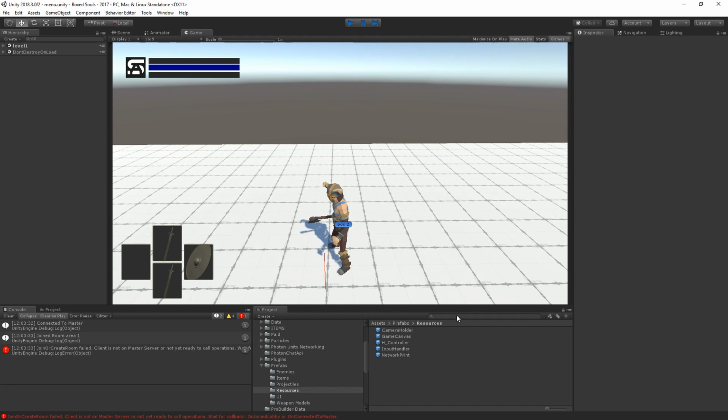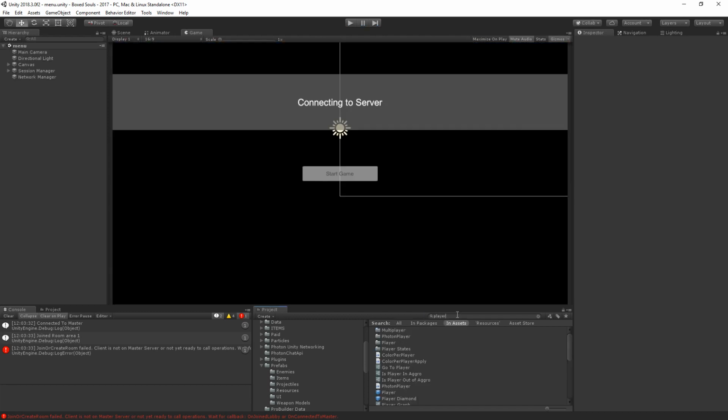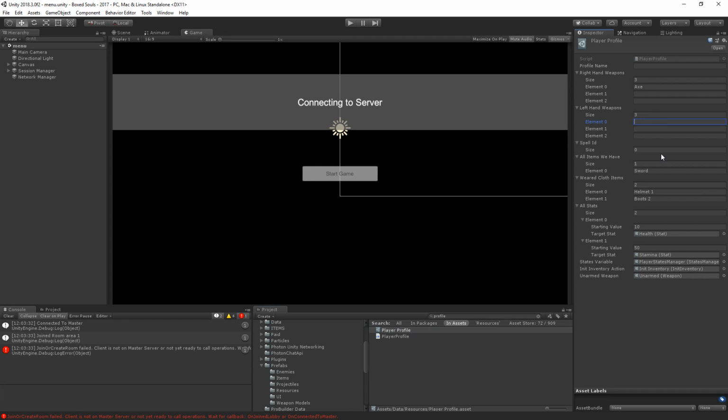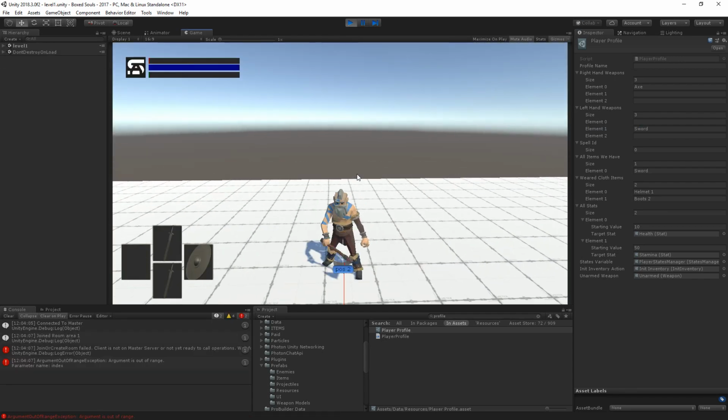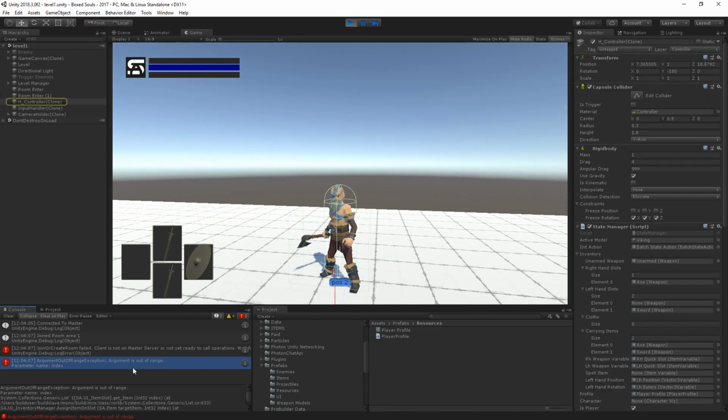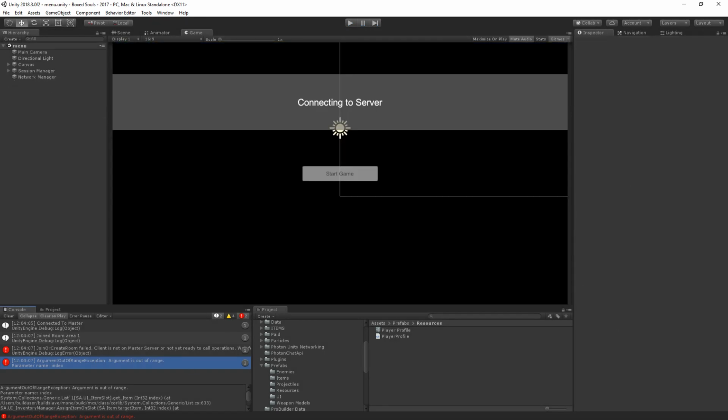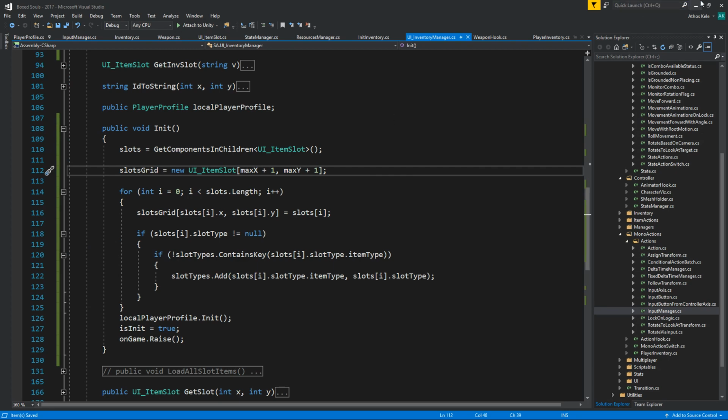If we go now onto our player profile, let's just write profile because I don't remember what this is. Okay, player profile. And say that on the second slot, we're going to have the sword for the left hand weapon. Let's try that as well. Have an error because it should be, because second slot should be, let's find where,